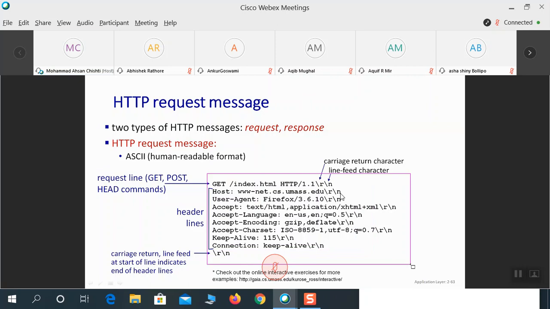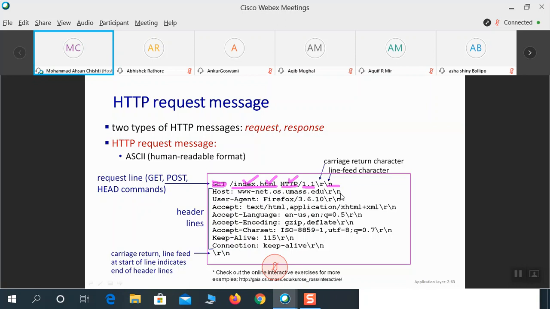The first part says GET, so this is a request for this page using the protocol HTTP, version 1.1, followed by a carriage return character and line feed character. This is the page that you are getting, written in HTML, and this is the name of that page.